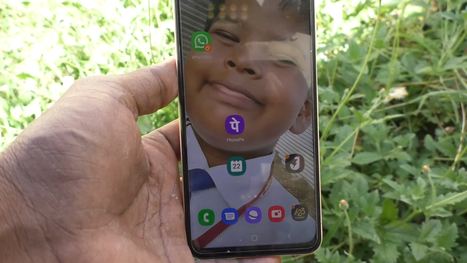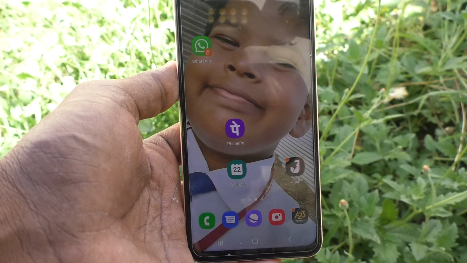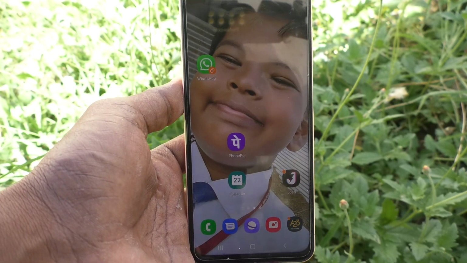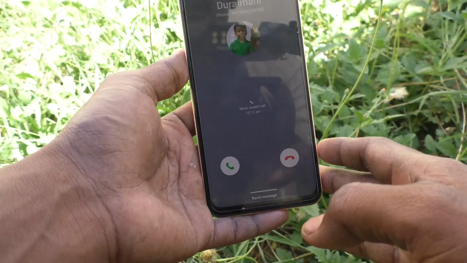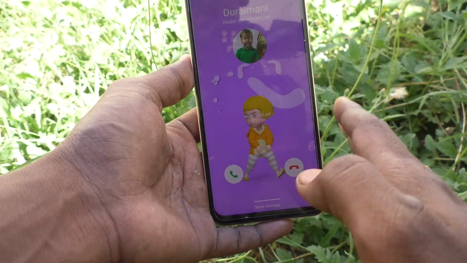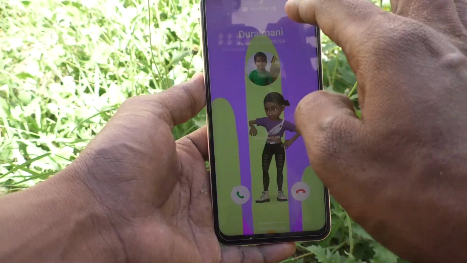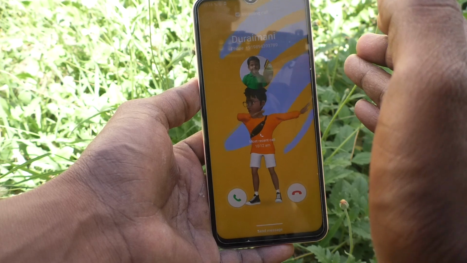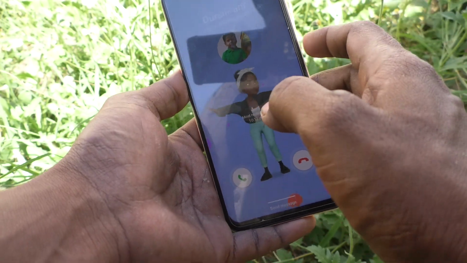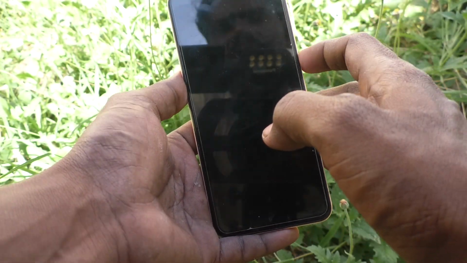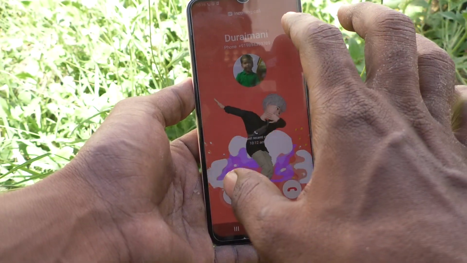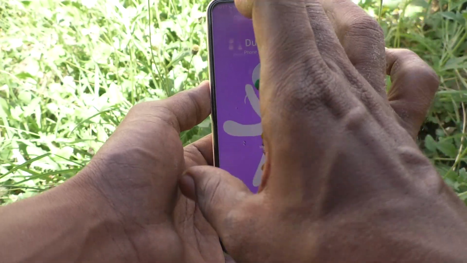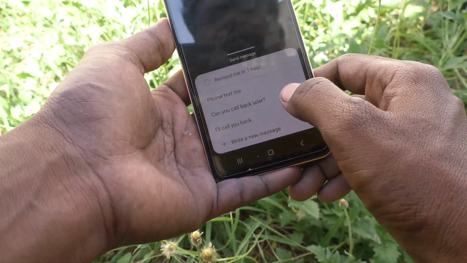I make a call from my another number, and see here. This is the call display. Okay. So here I did not use any app. And just this is the call display, and it is displaying in full screen. Suppose if I use